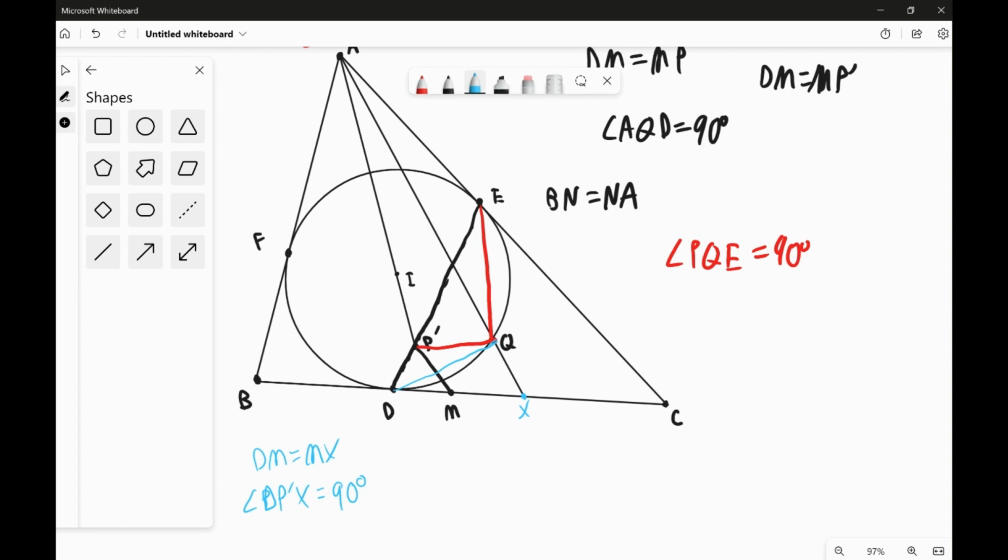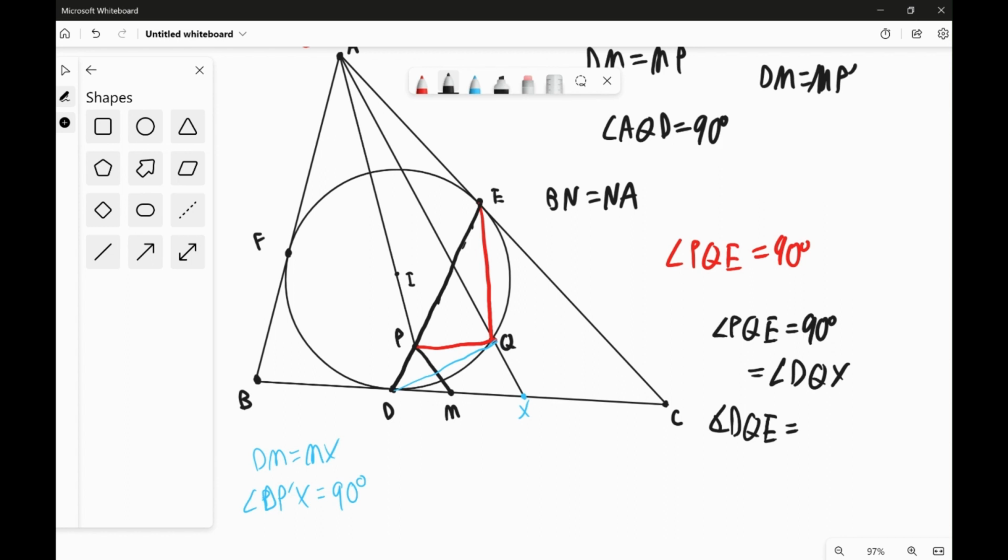I'm erasing all this stuff because we already proved our conjecture that D, P prime, and E are collinear. So now that we know what DQX is, and then this point here is P, we want to prove that angle PQE is 90 degrees, which ends up being angle DQX. But note that we also have an angle here, so we'd be kind of happy if we can show that DQE